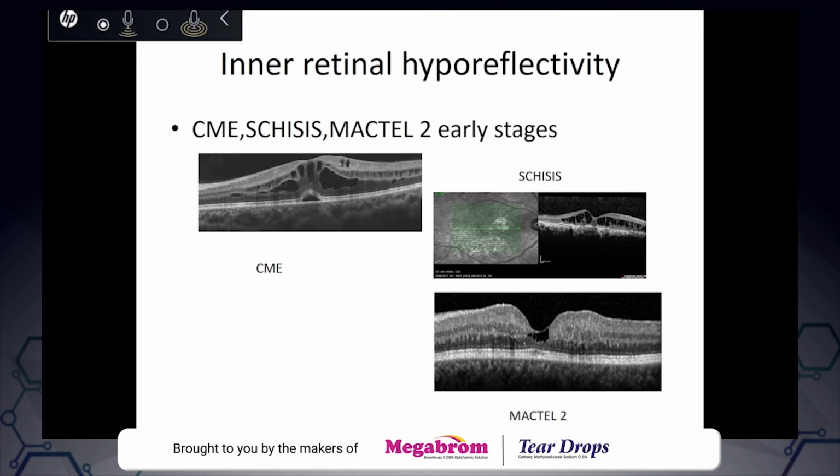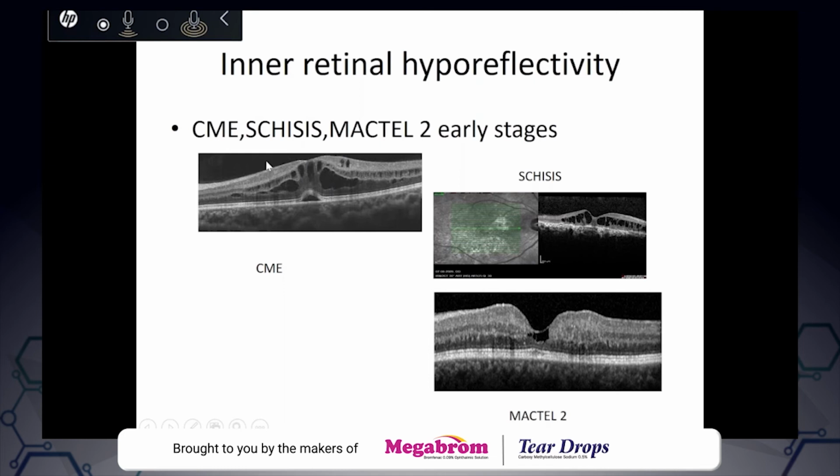Now we will look at structures which produce inner retinal hyperreflectivity. So inner retinal hyperreflectivity may be due to cysts in the inner retina. You see cysts in the inner retina. Okay. So these are collections of fluid in the inner retina. Actually, this is a symmetrical collection. So when you see such symmetrical cysts on either side, it is actually cystoid macular edema,